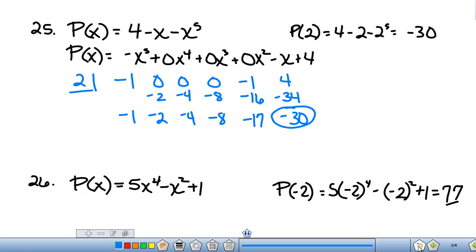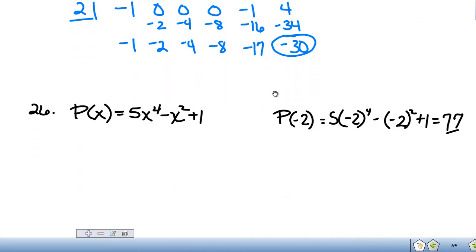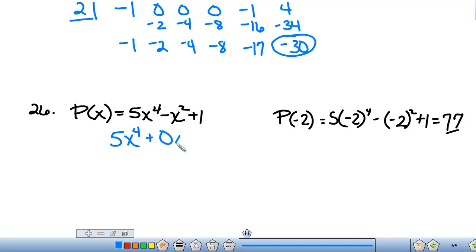And finally, number 26. Once again, we do have some issues to work through here. It is in descending order, but we are missing some values. So I will start by just rewriting this, placing the markers in for those missing values. We do have an x squared. We do not have an x. And there's our constant 1. As you can see, we're going to be running a -2 through this, and we should get the answer 77. So again, remove the variables,